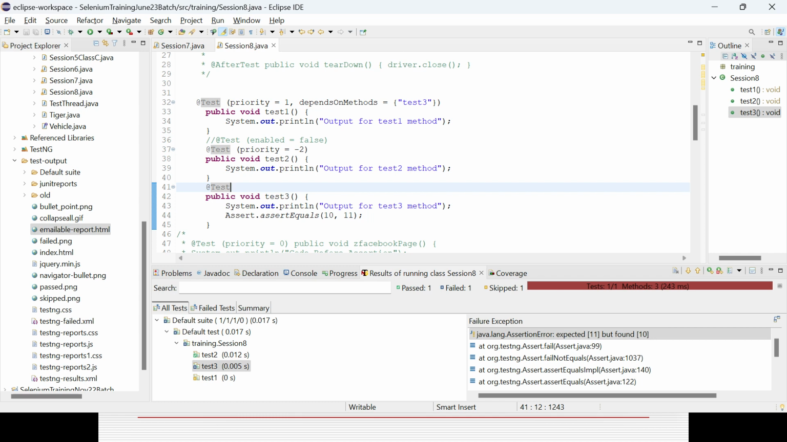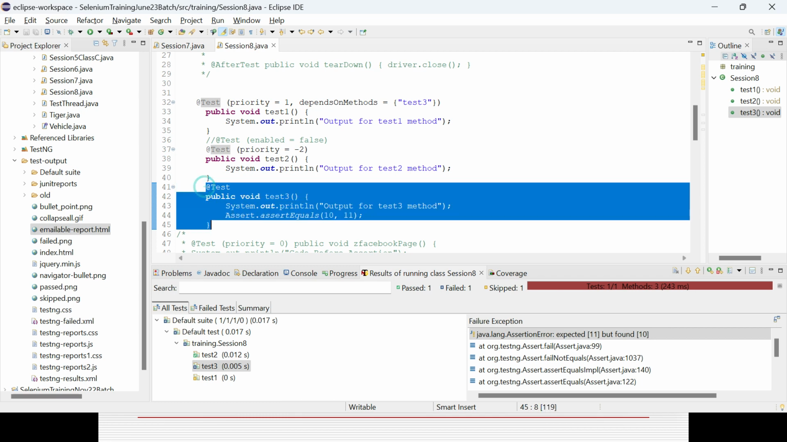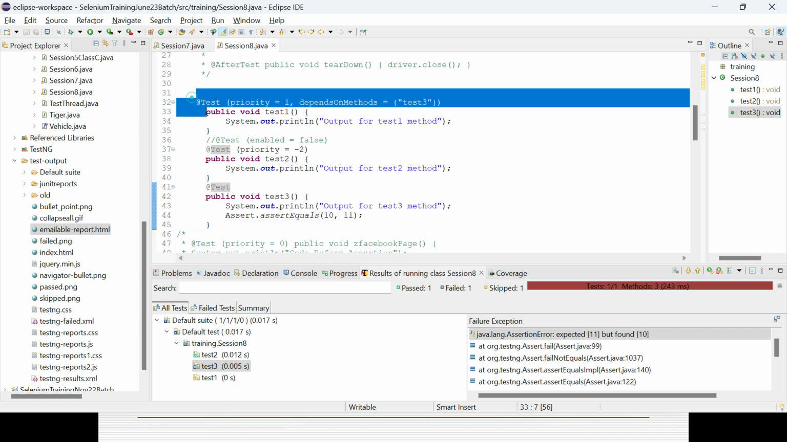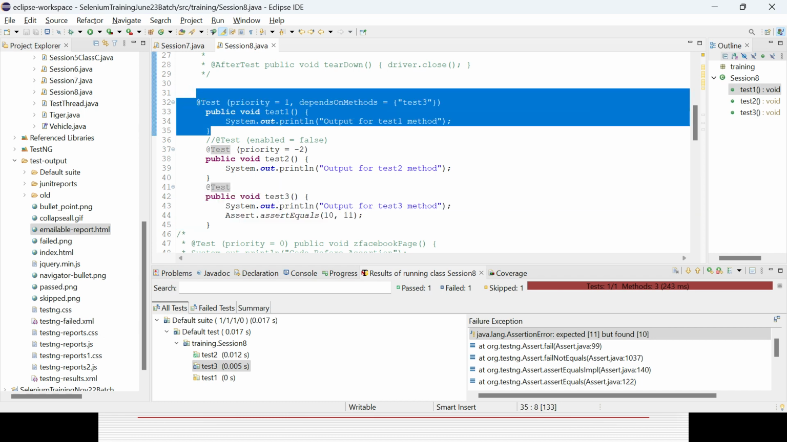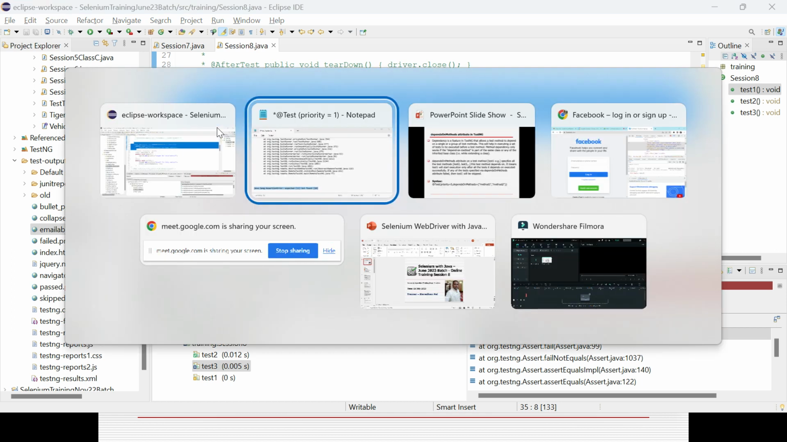Now the next question will come: though my dependency is failing, I still want to execute the test cases. You already saw the try, catch and finally block. The try-catch block handles the case only when some exception is coming. In case it is not coming,